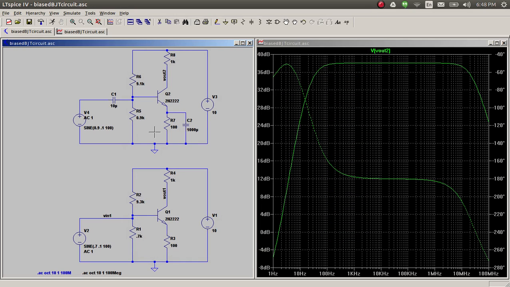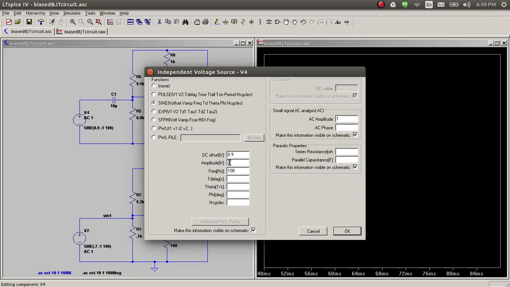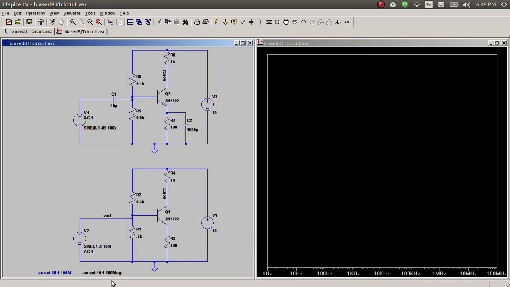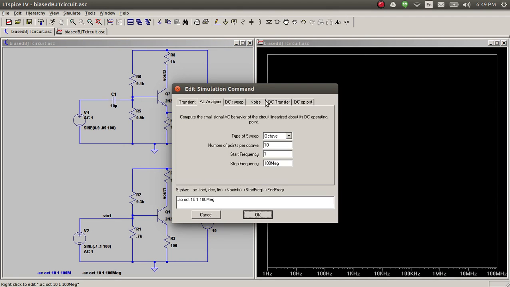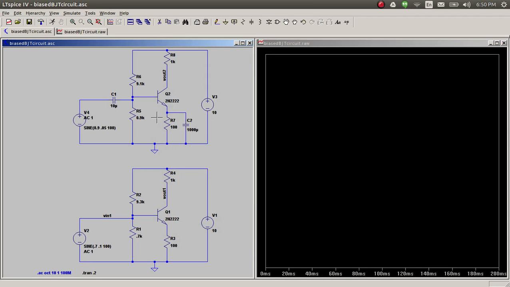volts, that's probably too much, because it's 90 times that, so I'm trying to get a 9 volt output, that's a bit too much. So I'm going to reduce this, so let's say 0.05, and then, oh, that's an AC sim. So if we go back to our transient simulation, we feed in the signal and we run the transient simulation,